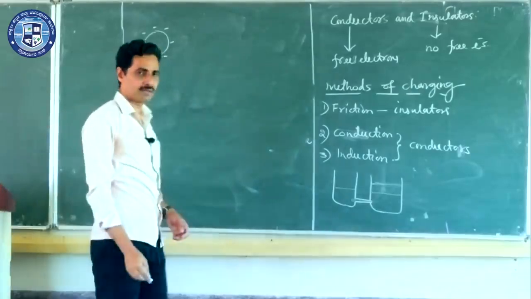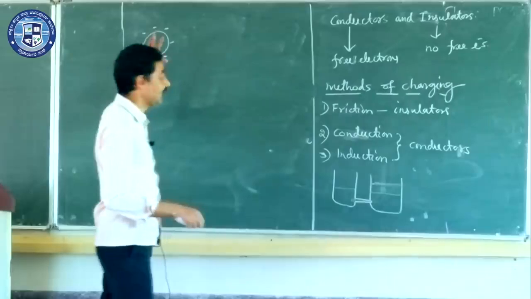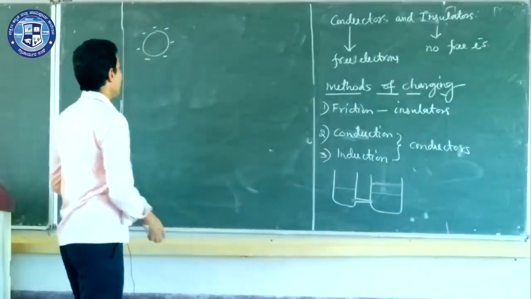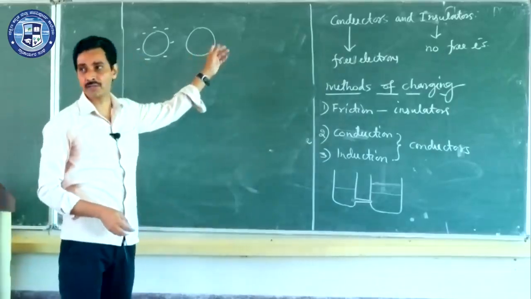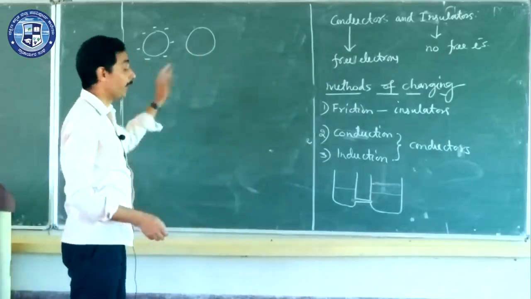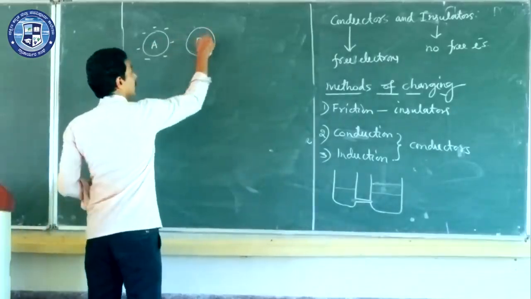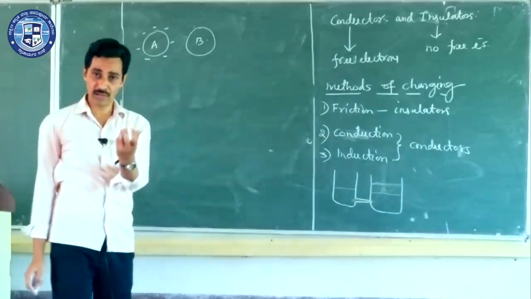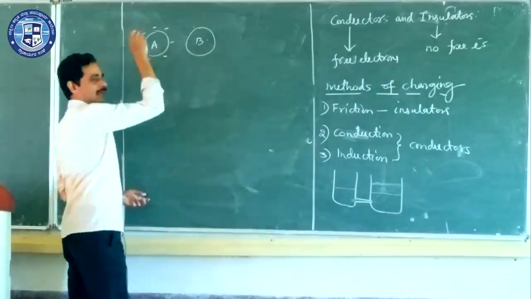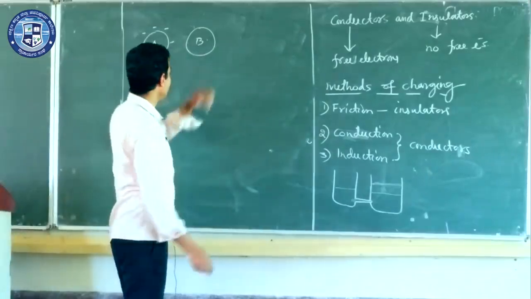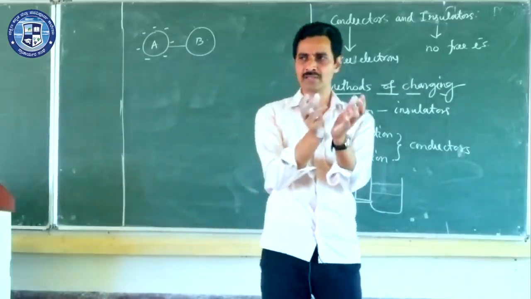Now how was this negatively charged? Somebody might have given electrons to that conductor, so this has received electrons. Now I have another identical conductor. Of course, this spherical ball is made up of metal and may not be of the same size as this one. I'll name them A and B. May be smaller, may be larger, whatever it is. Now this is a conductor, this is a conductor. So connect them by a wire, or bring them in contact, make them touch each other.